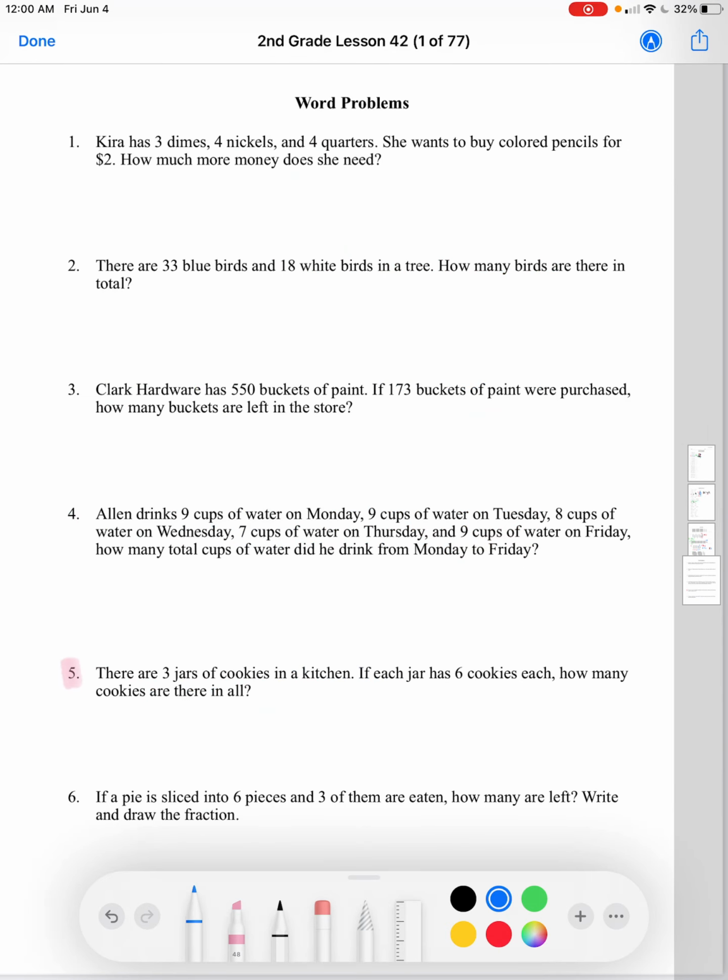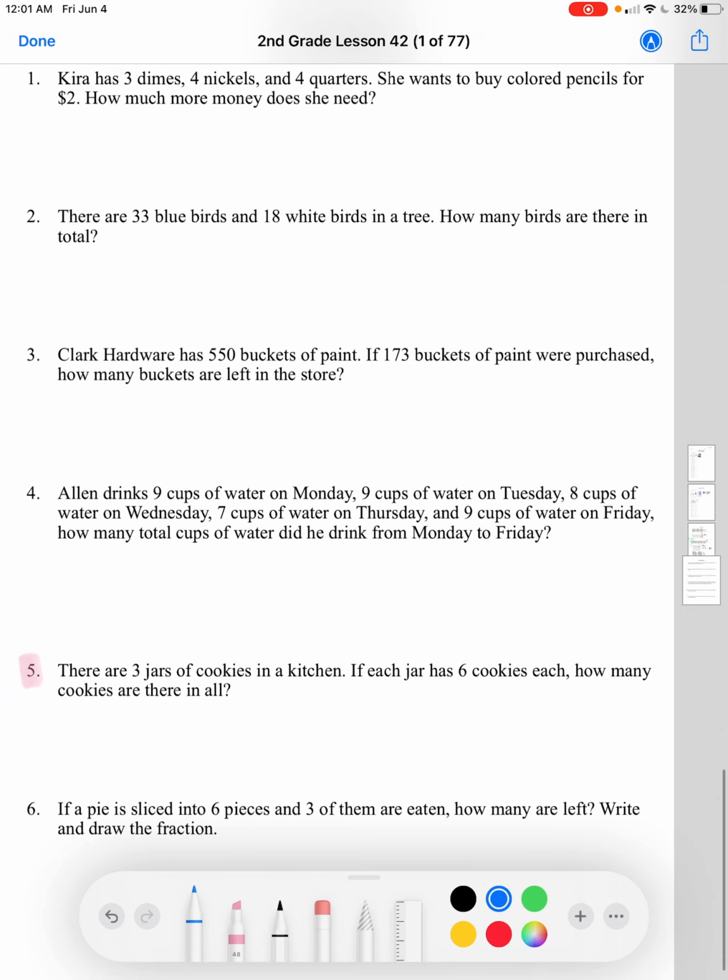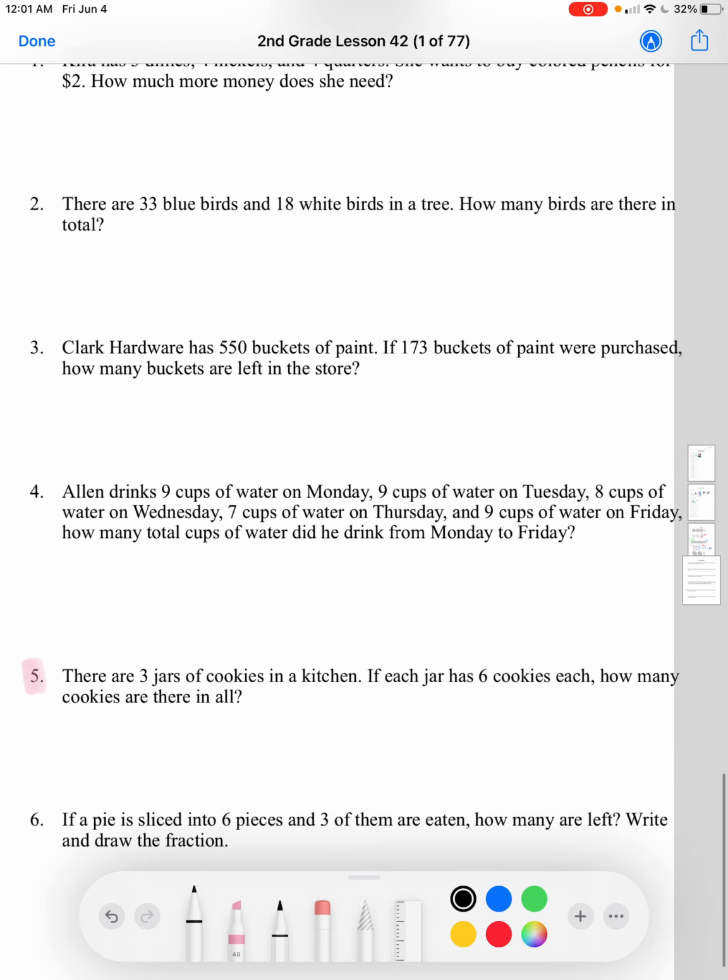Lastly, let's go into word problems. We'll do number 5 as our example. We have this question. There are 3 jars of cookies in a kitchen. If each jar has 6 cookies each, how many cookies are there in all? So there are many ways you can do this. One way is to draw these jars. We'll just do circles, 1, 2, 3 jars